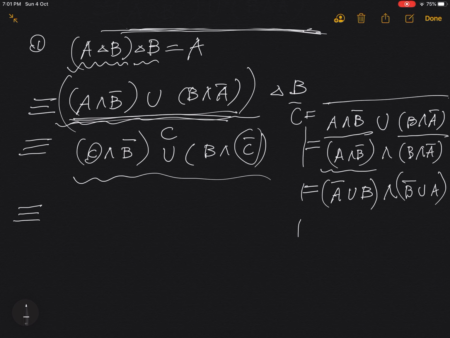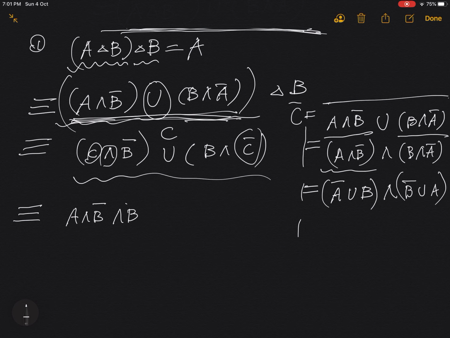So inside C we have an OR operator to connect the two, and we have an AND outside, so we can use the distributive law. A and B